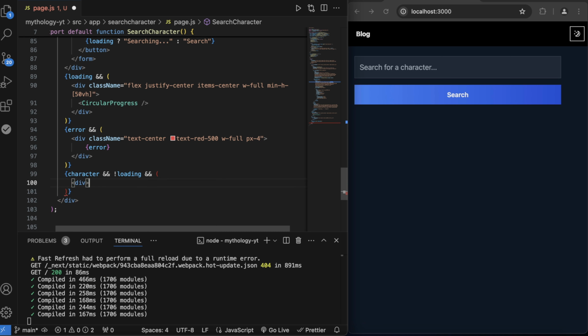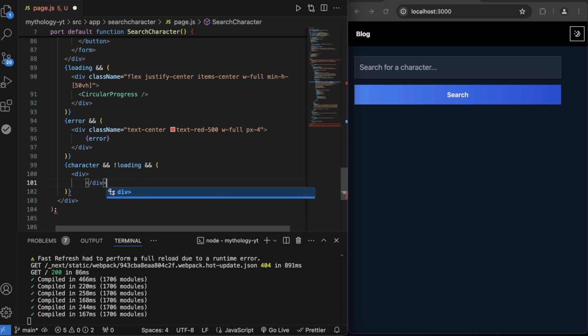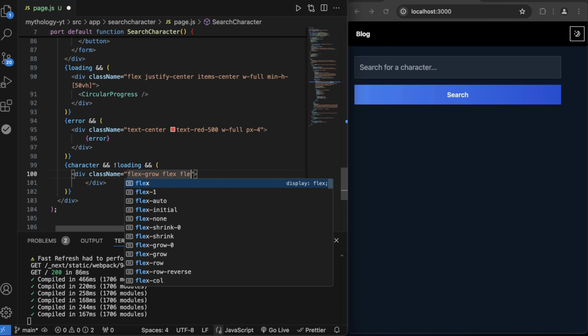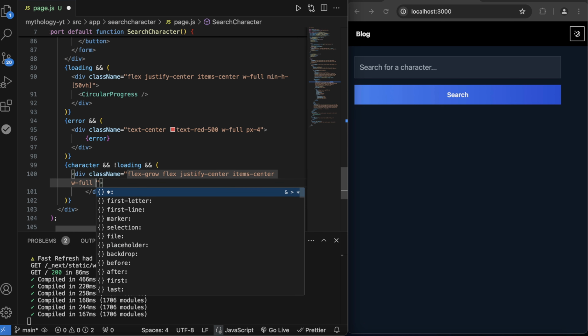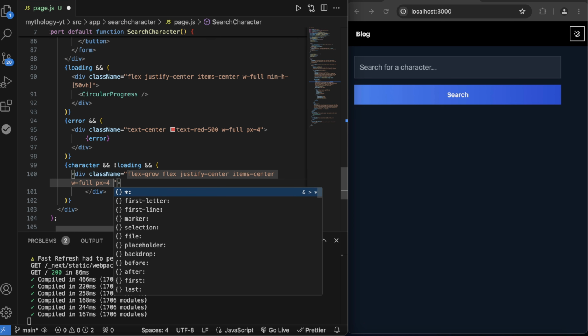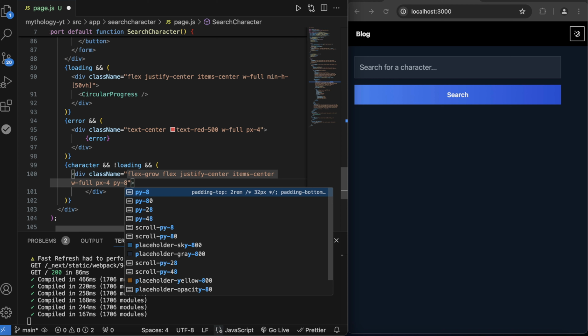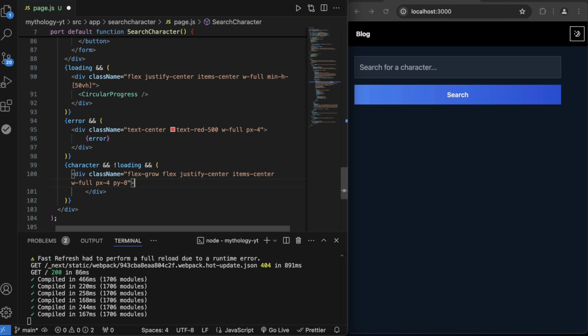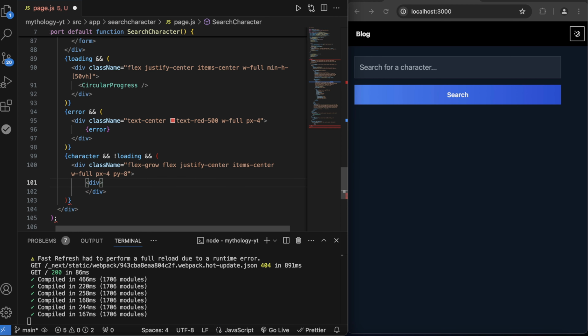we want to have a div. And div here is going to be class name flex grow, flex, flex grow, flex justify center. We're gonna say items is center. We're gonna say width is full, padding X is 4, padding Y is 8. Awesome. And then we can have div,